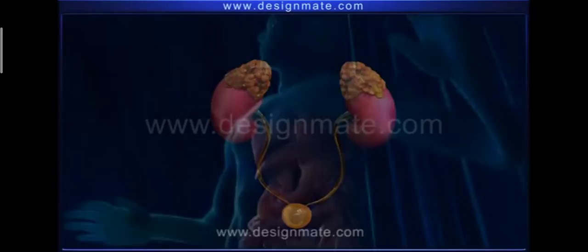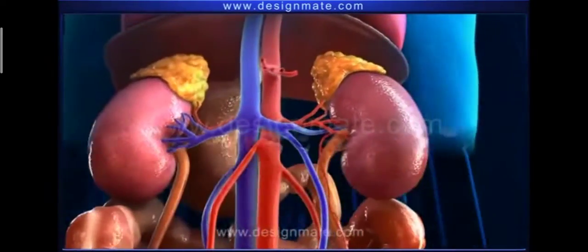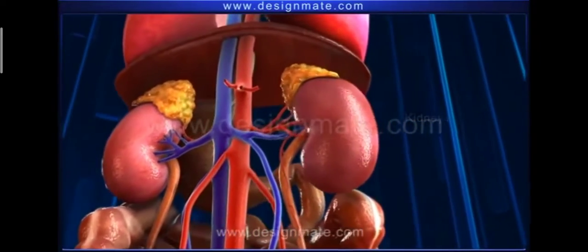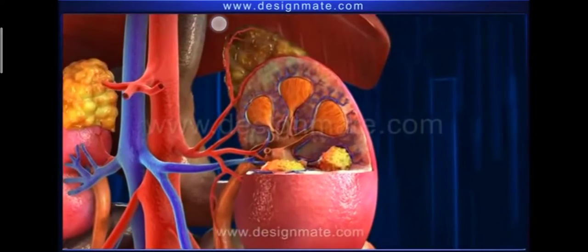To summarize, the excretory system in human beings consists of a pair of kidneys. The longitudinal section of kidney shows two prominent regions, a cortex